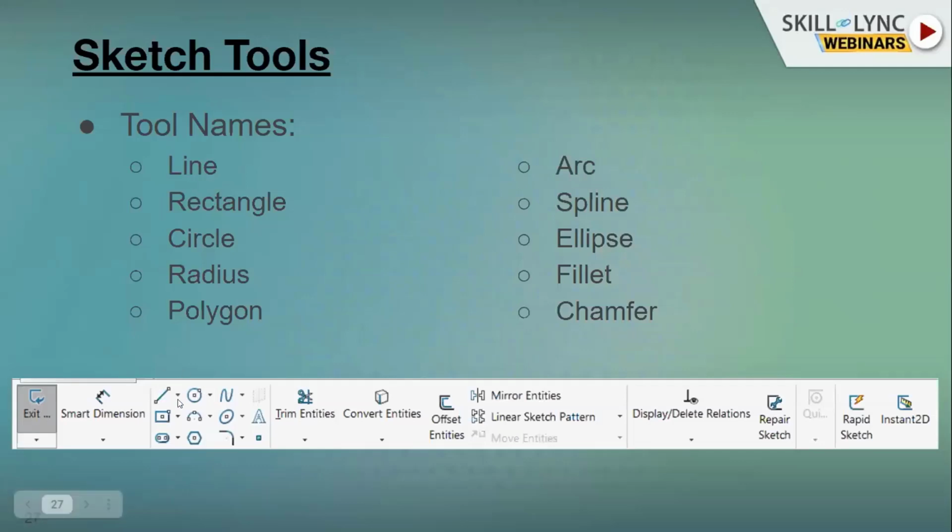With this tool, we can make n number of lines with various dimensions, and then rectangular shape, and then circle, and then radius. With this tool, we can make polygons like hexagon, heptagon, and then we have arc and splines, ellipse, fillets, and chamfers.